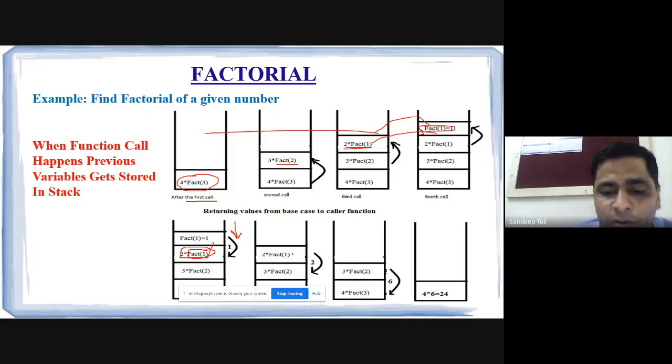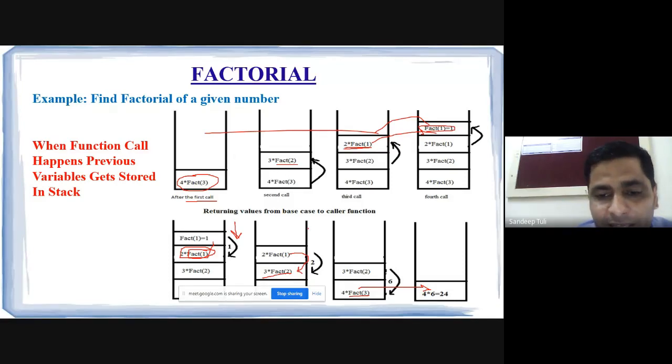Now this value will be returned to factorial 3, and now we are able to calculate 3 into factorial 2, which is 6. So 6 will be returned to factorial 4, and then finally 4 into 6 will be calculated, and finally it will return 24.